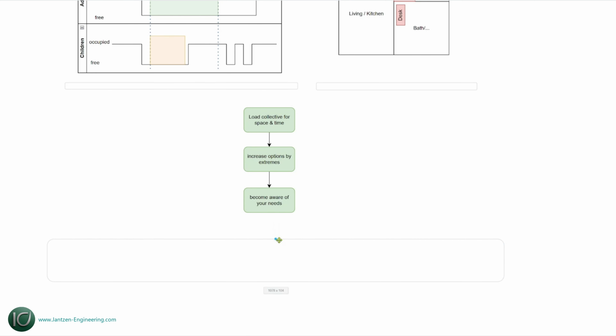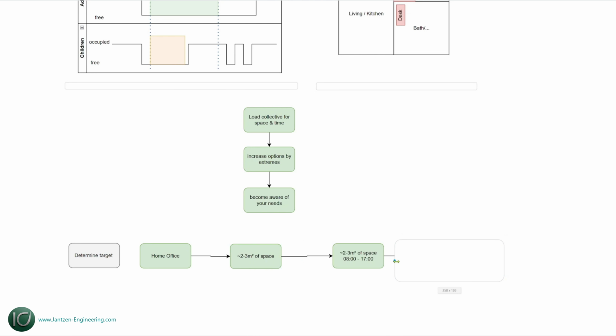And the third point is we become aware of our real needs. We started by determining the target, and the first idea was only I want to do a home office. We had to develop it and question ourselves, what does it mean? It means we need a space of 2 to 3 square meters. We need a time frame between 8 and 5,